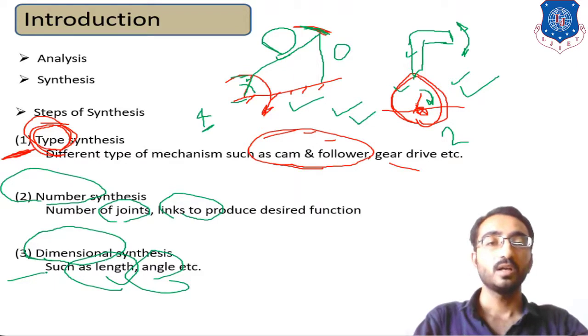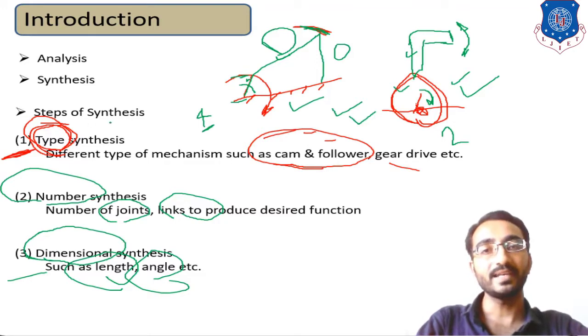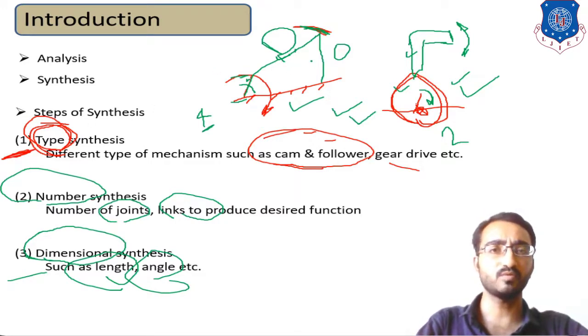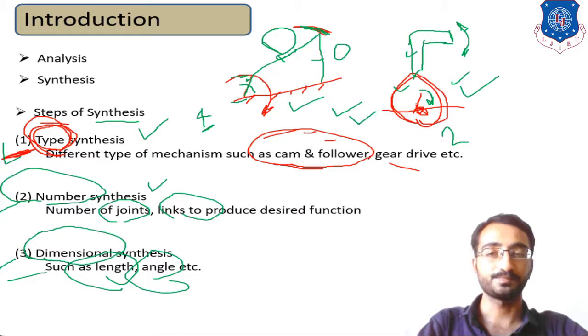Okay, so right now, before this session, you might have been considering that while designing any mechanism we always calculate the length, but dimensional synthesis comes at the third stage. Before that, the two stages are type synthesis and number synthesis. Clear? In this way, we can divide the whole synthesis or design procedure for any mechanism. In the GATE examination, these 3 terms are individually asked for 3 to 5 marks.